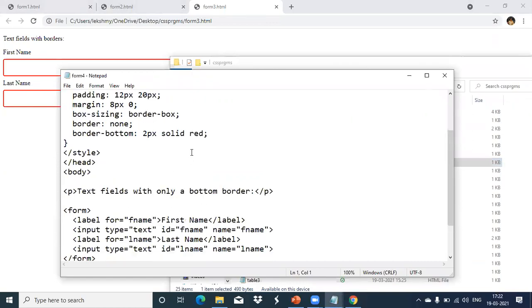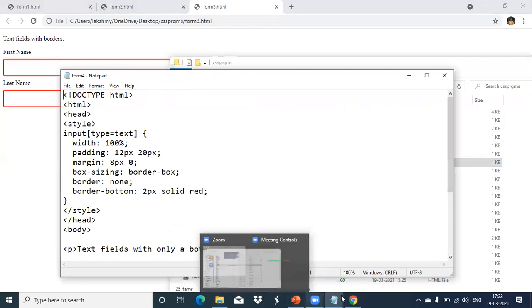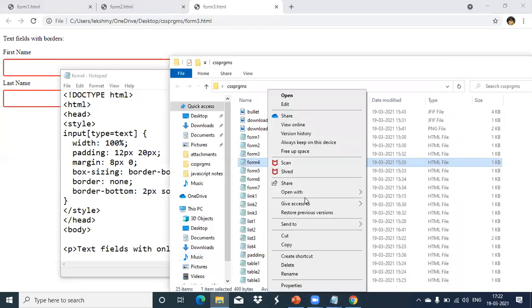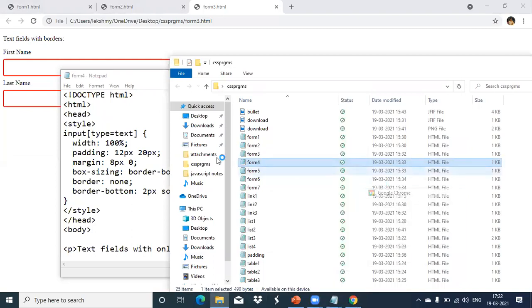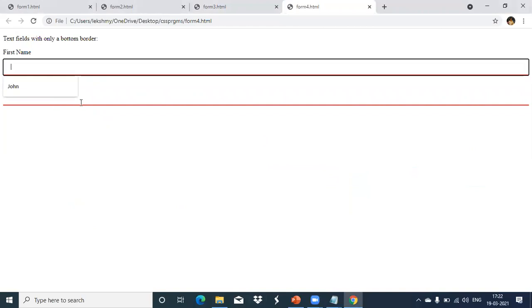Another one, we can give the text boxes without a border also. Only the bottom one we have specified there, not the whole border, not the four sides, only the bottom one. So you see how it is showing the text boxes in your browser. Like this.